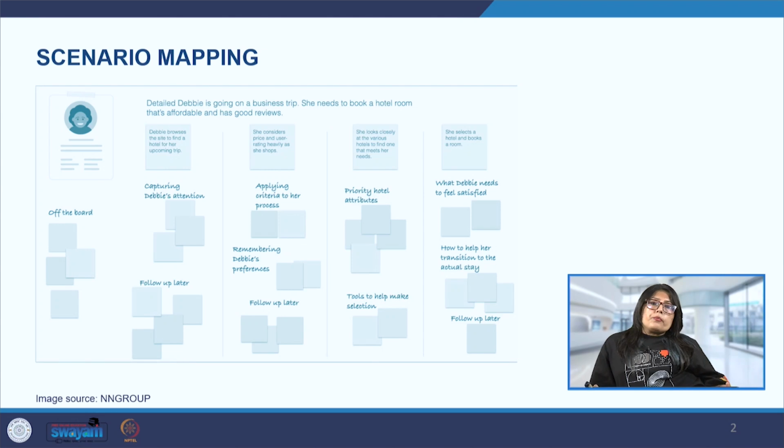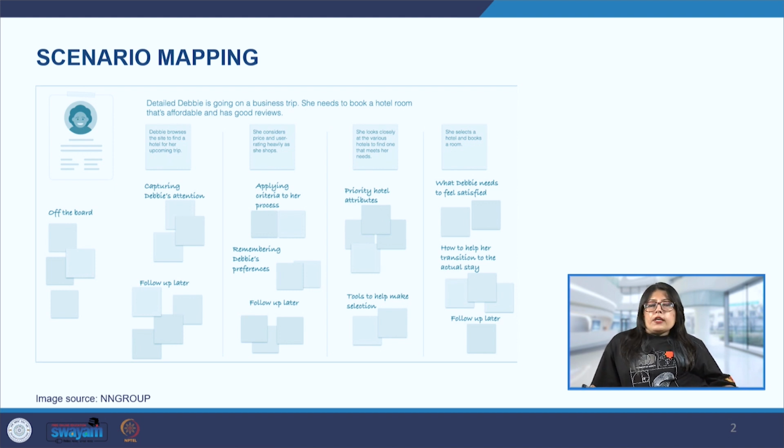Now scenario means creating a scene or a certain situation where we have to map the user, that how the user would behave in that particular given scenario. So this is basically a sequence of actions or events which is very particular, and this is different from journey mapping, and I will also towards the end explain how scenario mapping is different from journey mapping.